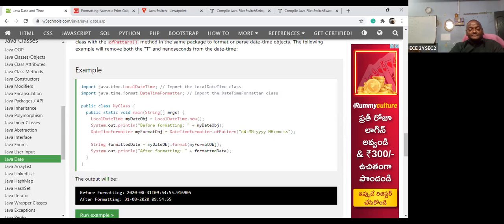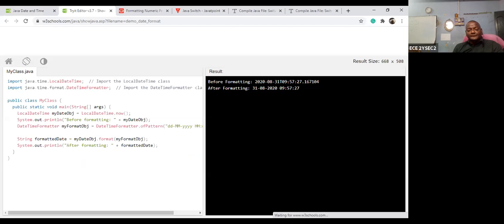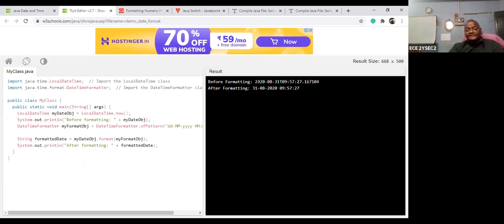Run the example. This is the default format, but I want to change this value to 31 August 2020 and the time. It is not easy, so there are already predefined classes. You can import them and specify what date format and what time format is required.